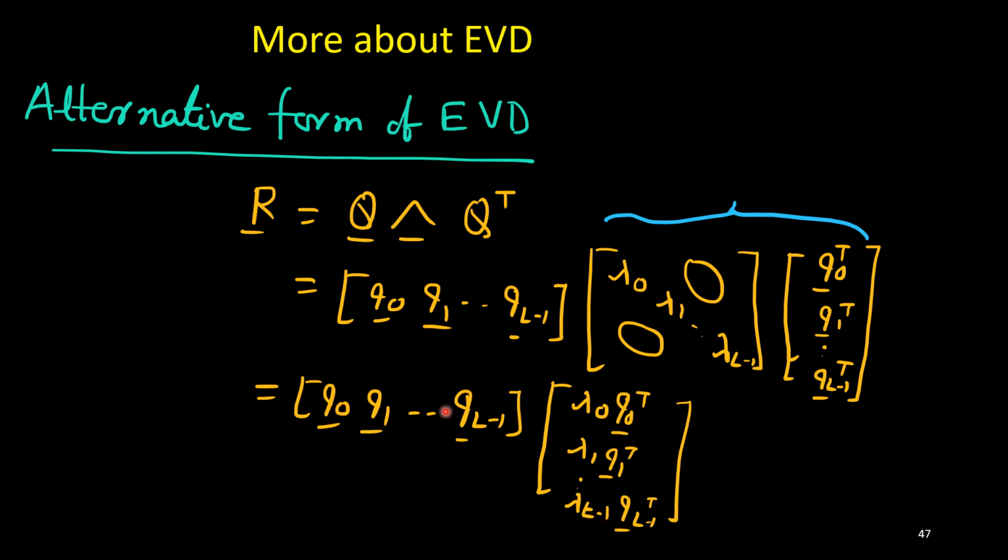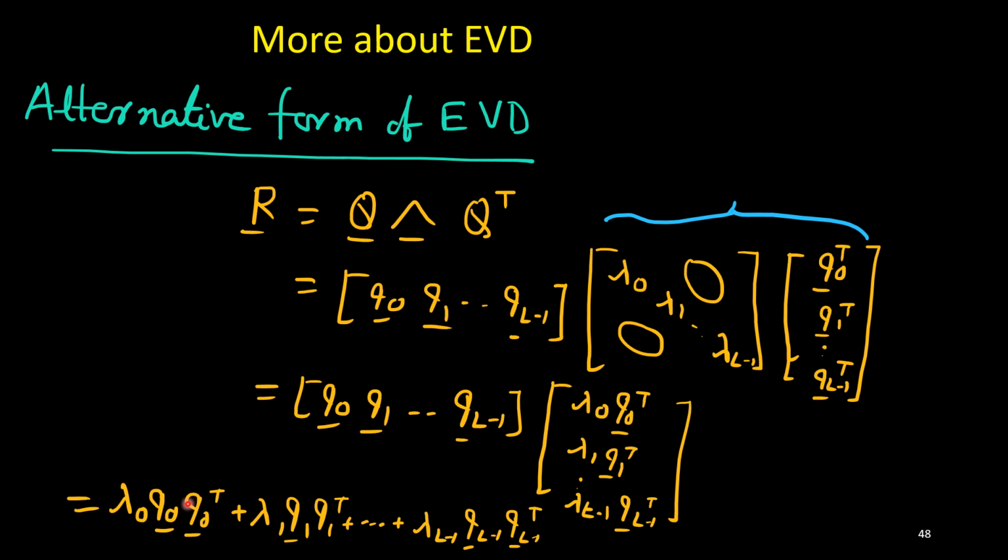Now, if I multiply these two, this element is multiplied with this one, this element with this one, and then we add. That is one way to write it. So what we get is lambda 0 times Q0 times Q0 transpose. Similarly, lambda 1 times Q1 and Q1 transpose. And the last term will be lambda L minus 1 times QL minus 1 times QL minus 1 transpose. Remember,